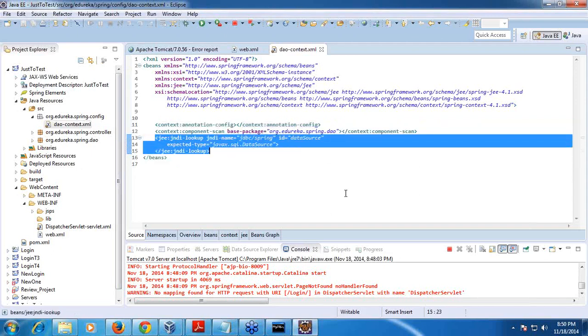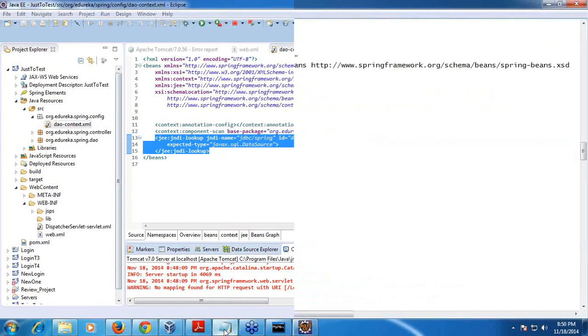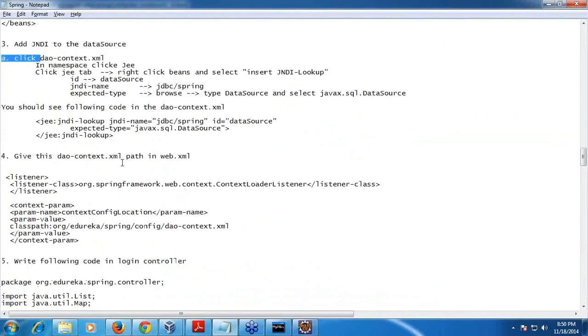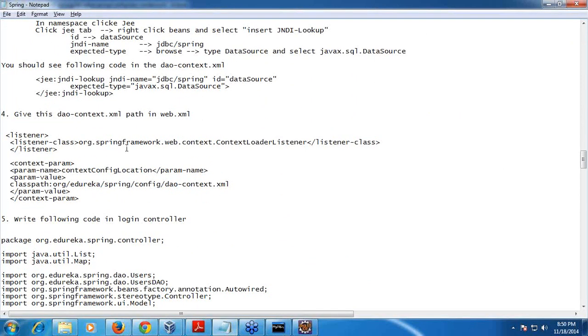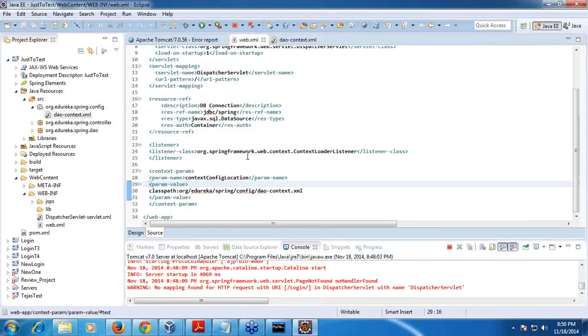In Spring, initially, all these small things might take time. Dispatcher servlet. So now I have done this, add JNDI to it. So DAO context, add this DAO with web XML, that I have done it.